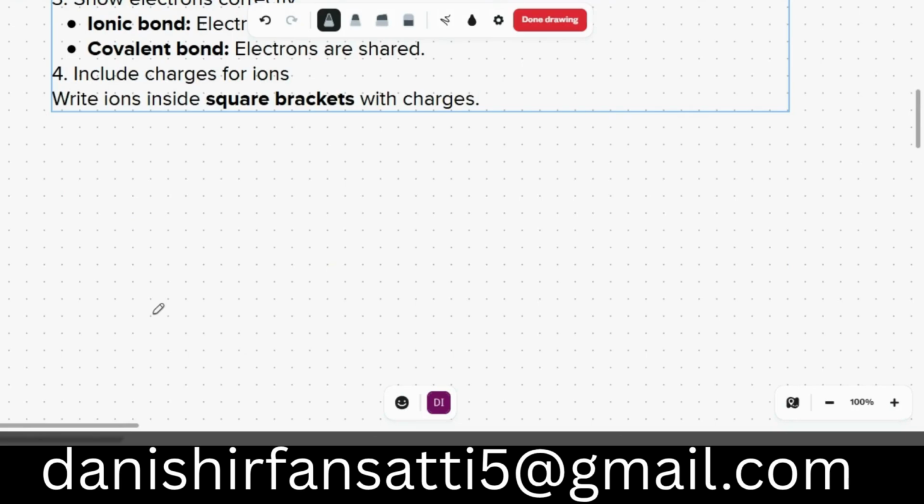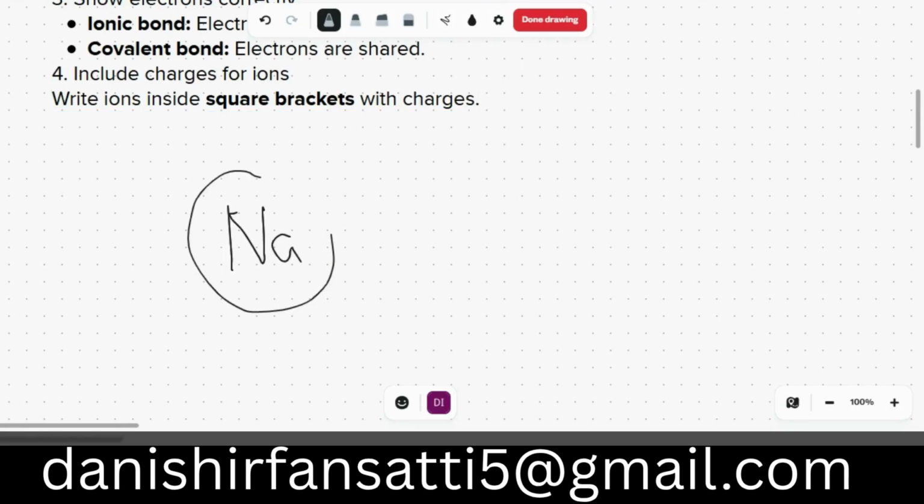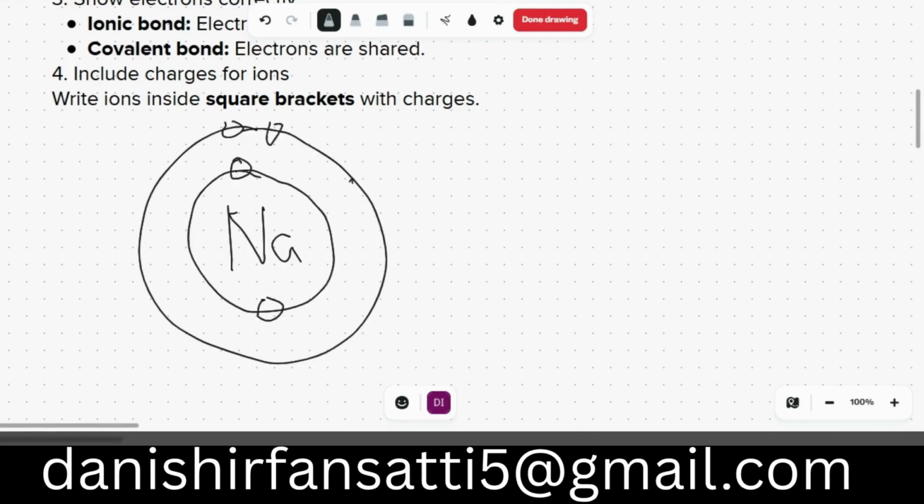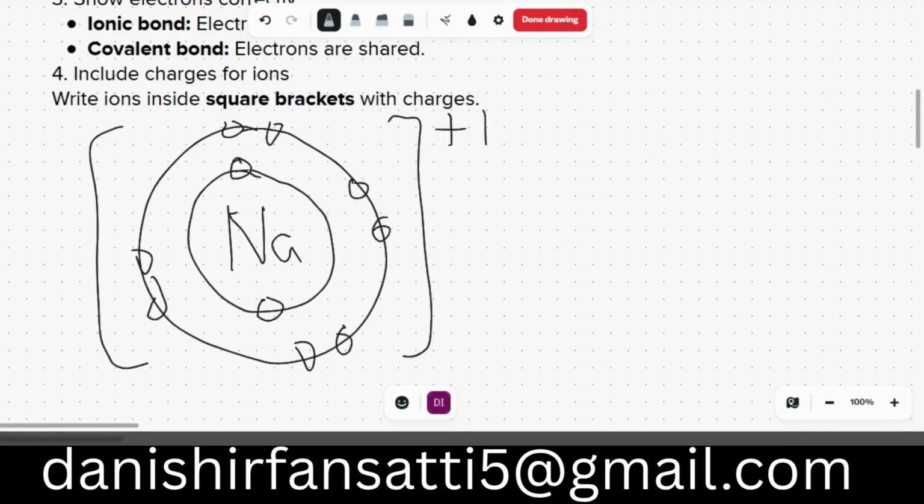For example, for Na, sodium has 11 electrons, but it will lose its one electron. So it will have 1, 2, 3, 4, 5, 6, 7, 8, 9, and 10. It will lose an electron and it will gain a plus 1 charge. Whereas